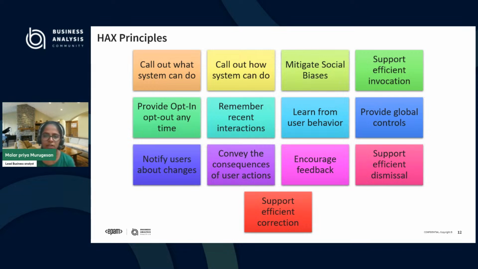If the user is trying to ask some biased question even in ChatGPT, you can notice that ChatGPT will give you a warning that this is a biased question. There is no answer for that. So similarly, you need to notify the user about the consequences. And you need to get the feedback, of course, and efficient dismissal.